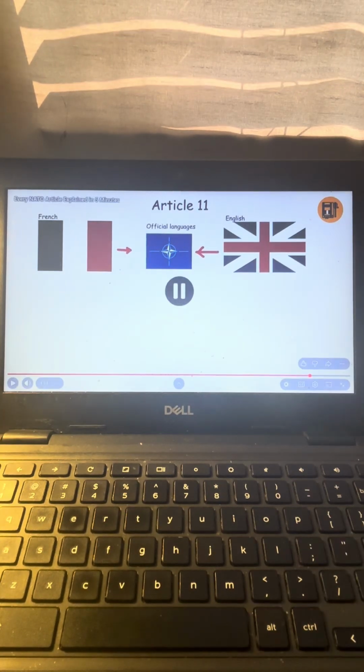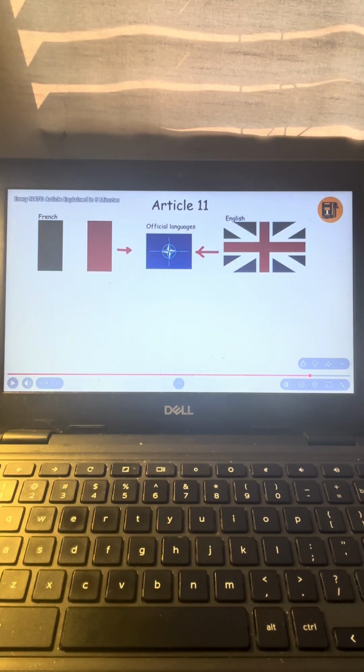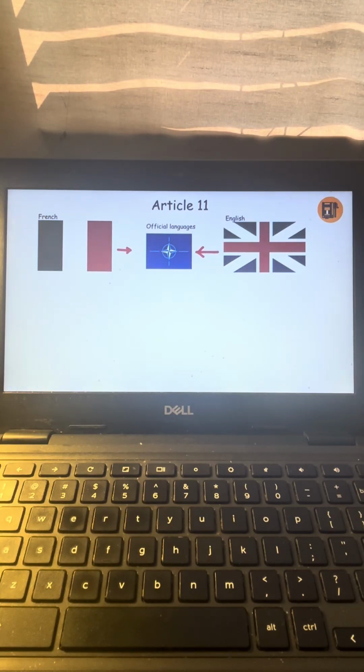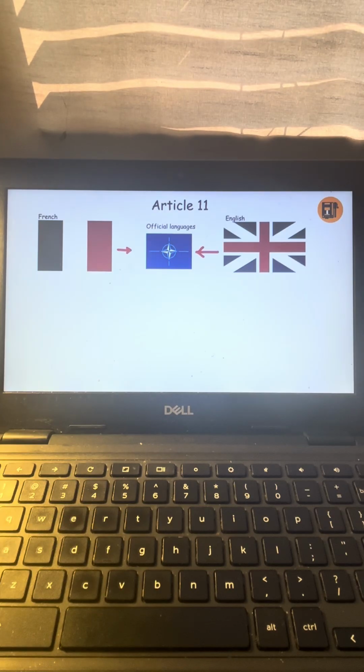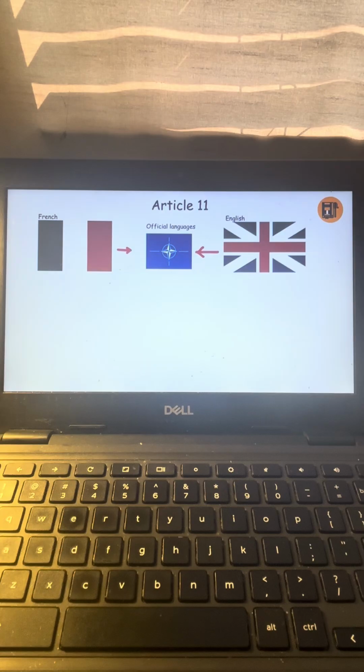Personally, I did not know that. English and French. Because Canada has two languages, actually. One is English and one is French. You might be thinking, why do they have two languages? Because Quebec is French speaking. The US has like one language, so it really doesn't matter.